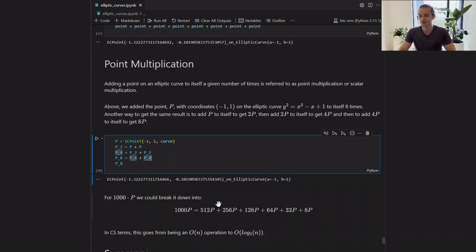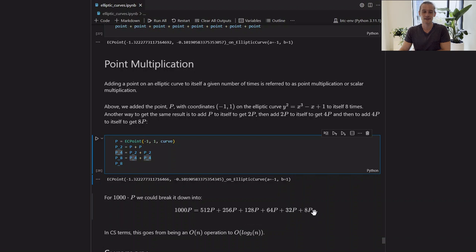And instead of having to do 999 additions, by doing it this way, you actually only have to add p to itself 9 times to get 512, and then if you add the other additions that you have to do to then add all of the other intermediate results to it, you end up with a total of 14 additions rather than 999, and this scales